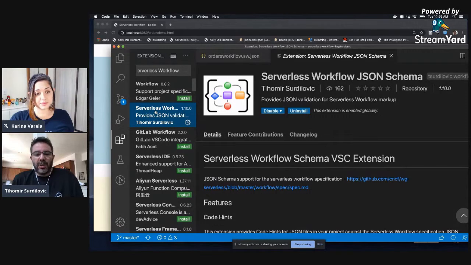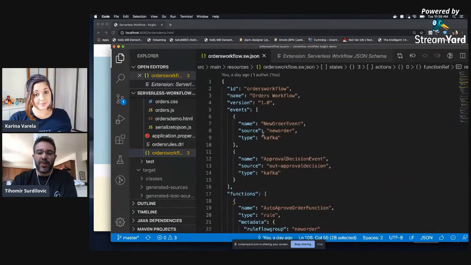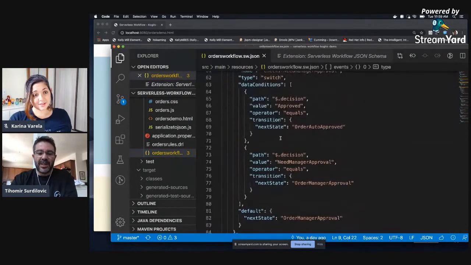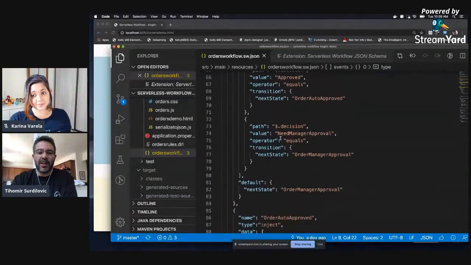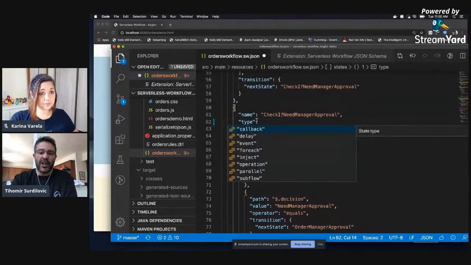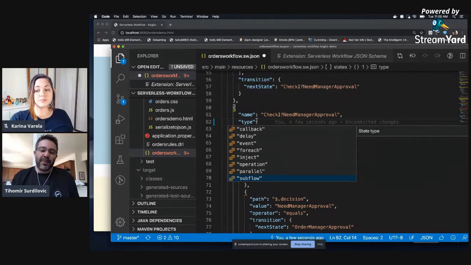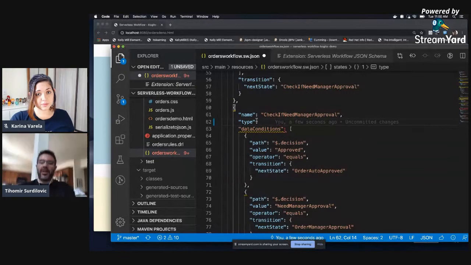If you get it, it gives you, as you can see, and let me show you just an example. For example, on different states, let's see, we have a switch state here. If you wanted to go in here, it does auto completion for you. So you have all the different states available right away. And all the parameters, you have auto completion and everything going on.